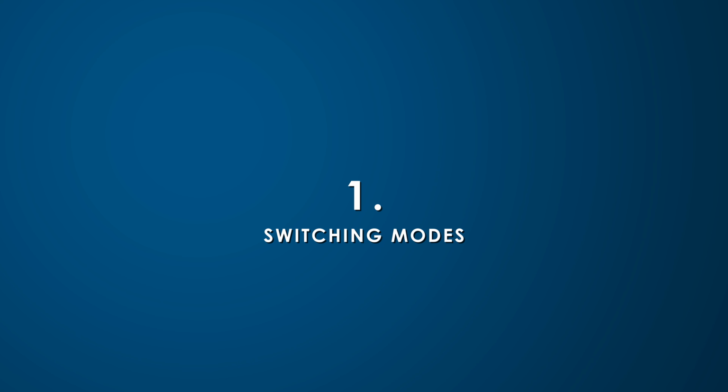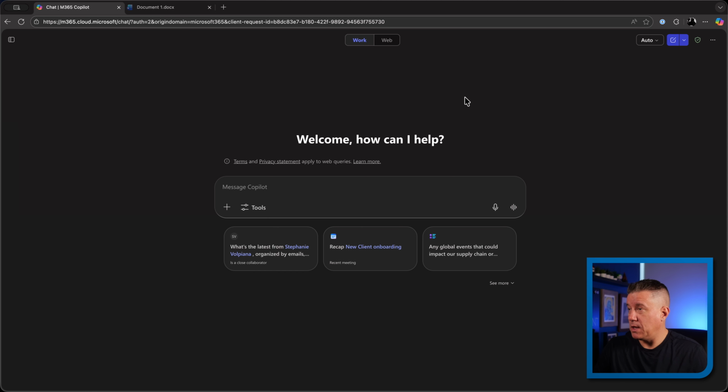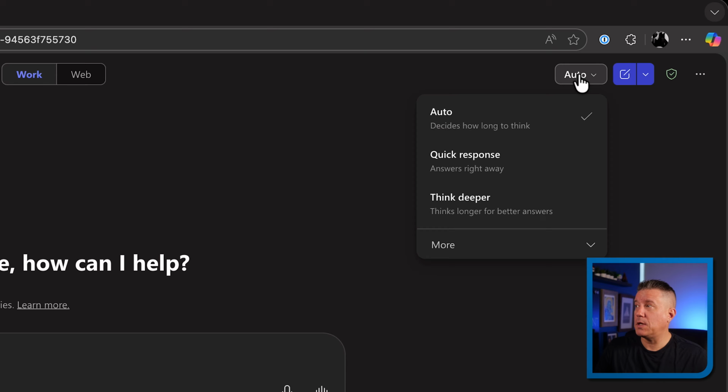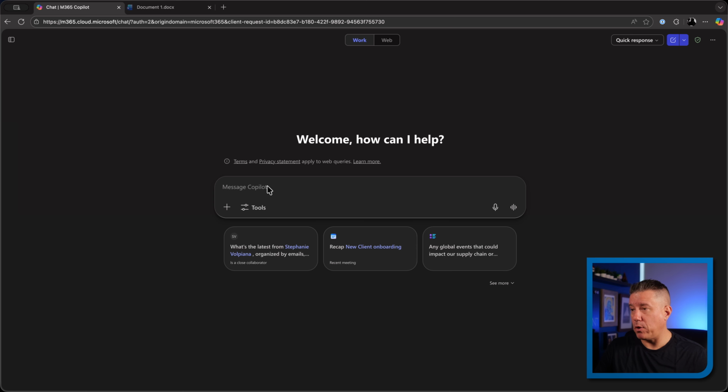All right, so the first tip that we have is how to switch between modes. And you can see there is an auto mode here up in the top right-hand corner. There is a quick response and a think deeper. We're going to do the quick response to start with, and I've got a prompt all ready to go here,